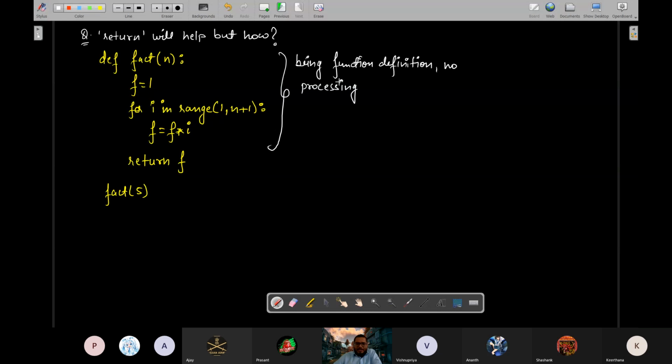Python won't do any processing in the first go. Now, what will happen after that? Then it will come to this line. The moment it comes to this line, you call the function and the signature matches.